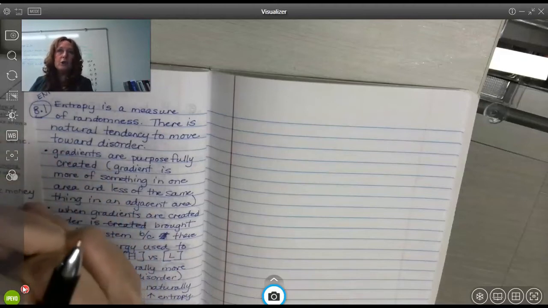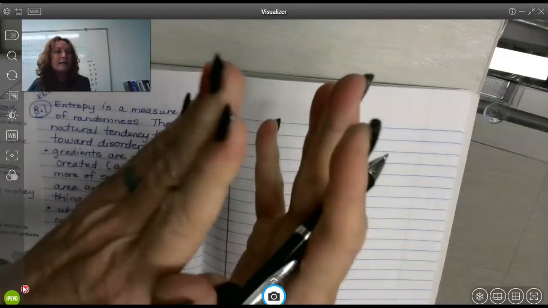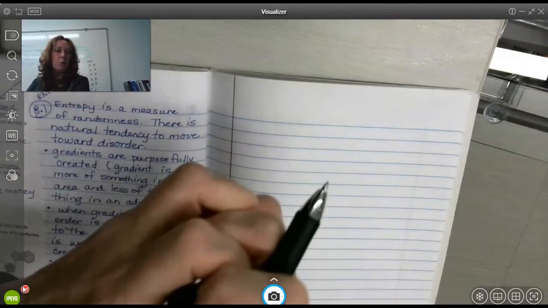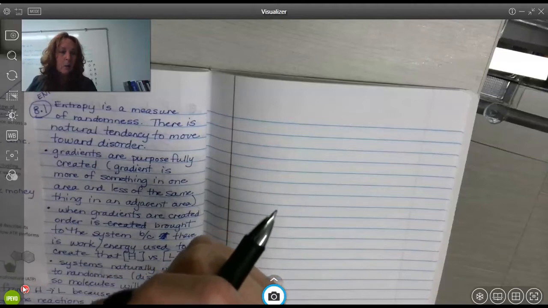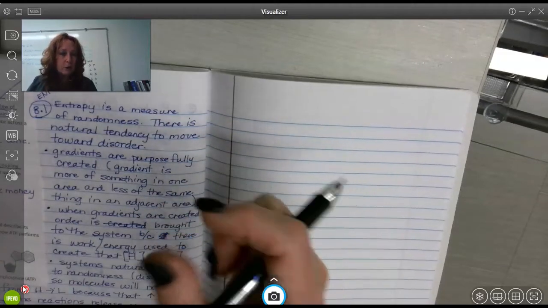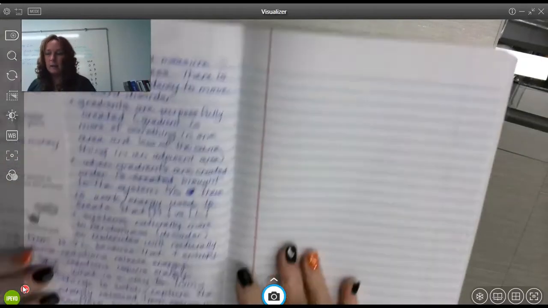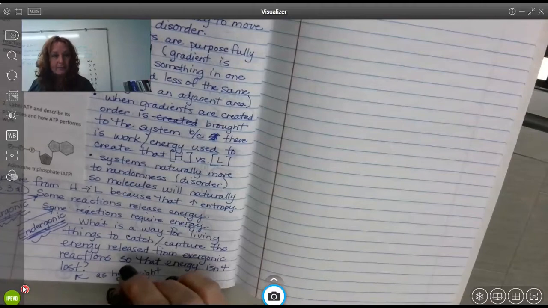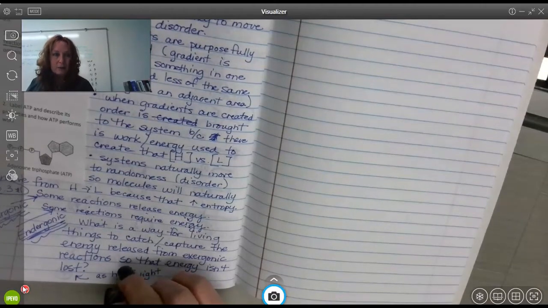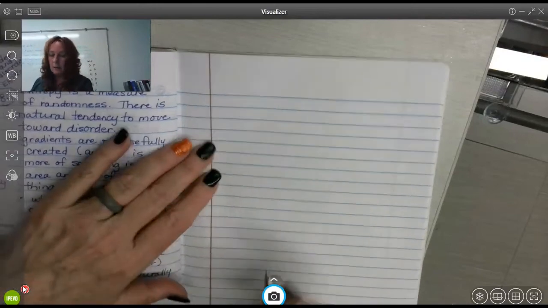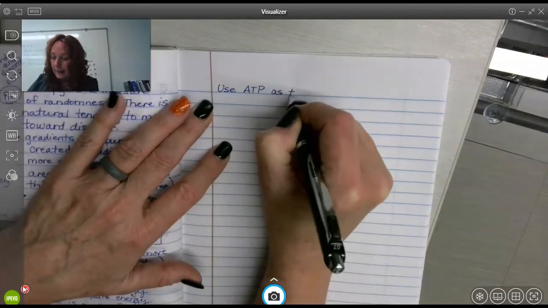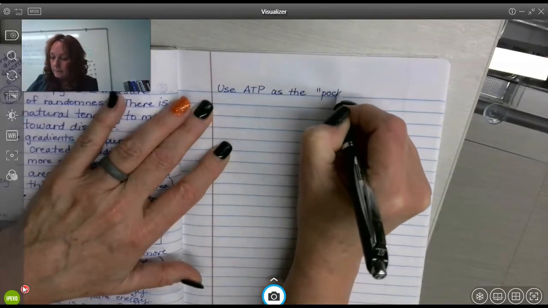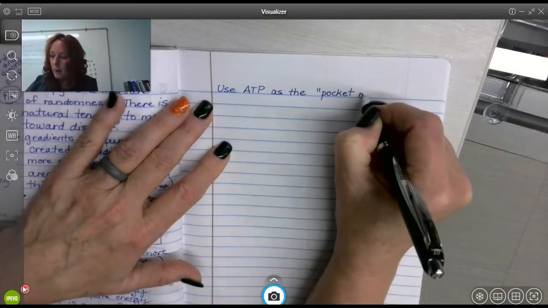So if I had a mortgage of $300, I had to waste the $1,000 because it came as a big chunk of currency. I need like pocket money. I need to be able to pull out $10 to go out to eat or $300 for the mortgage, not this whole chunk that was made at one time. So I also have to conserve it in spendable amounts. So what the cell does is it's going to use ATP as the spendable amounts, pocket money.